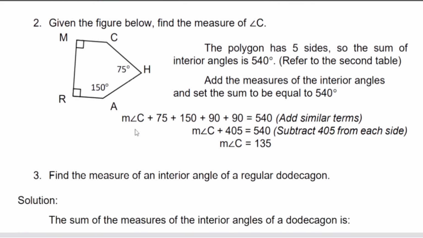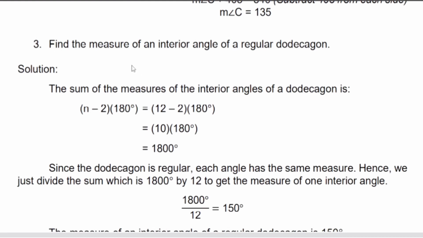Next one, we have to find the measure of an interior angle of a regular decagon. So when we say regular, that means it is an equilateral and equiangular polygon. So solution, the sum of the measure of interior angles of a decagon is n minus 2 times 180. So the decagon has 12 sides. So that will be 12 minus 2 times 180. So 12 minus 2 is 10. 10 times 180 is